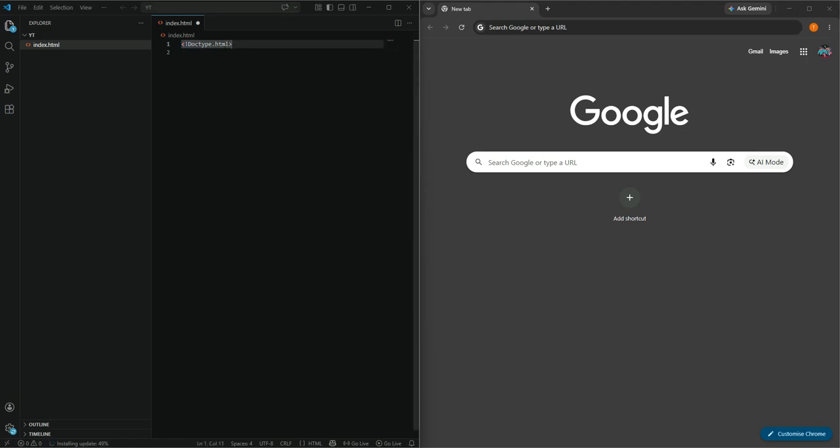HTML is not a case sensitive language. So I can write it in capital or small, it doesn't matter. I'm going to write it in small. HTML. Here you see HTML, there is a starting tag and an ending tag. The ending tag of this one,